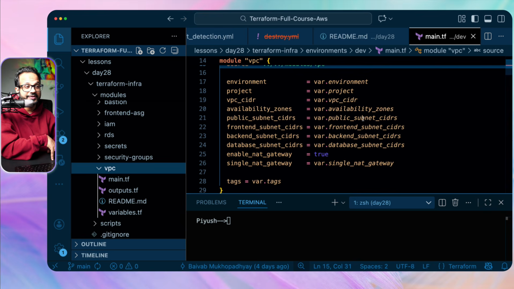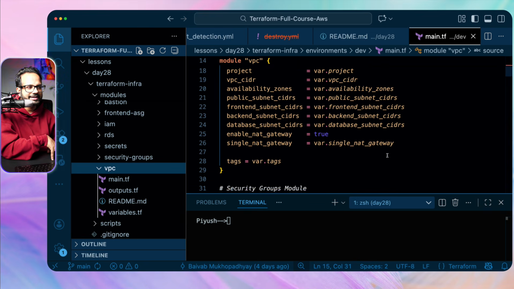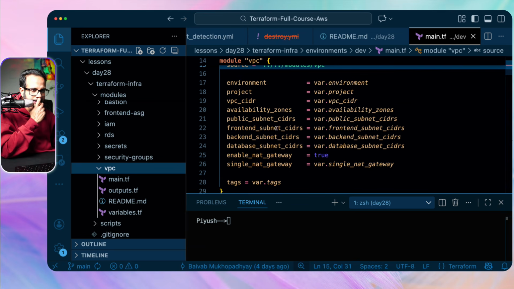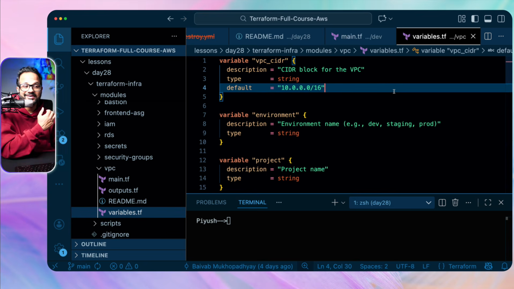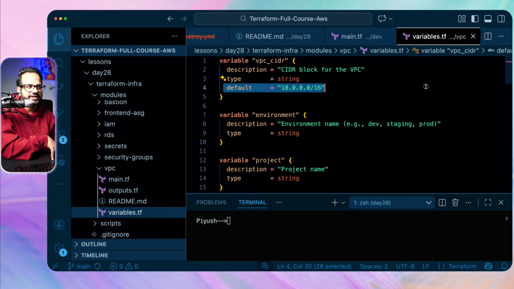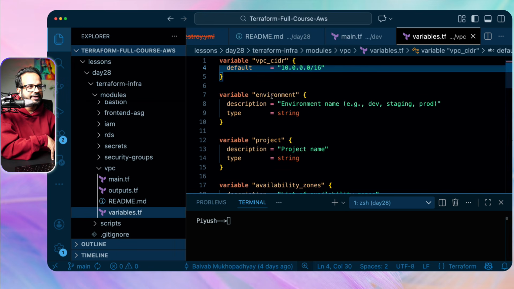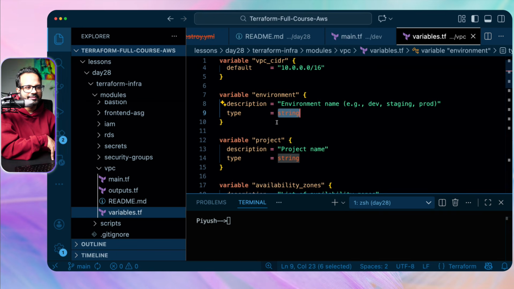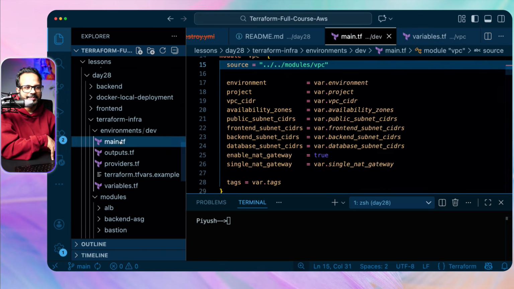What values, and from where we are getting these values? We are getting these values from the variable. So var.environment, var.project, VPC, front end, and enable NAT gateway is true, then single NAT gateway or not, whatever, right? So these values are stored over here in the variables.tf. Okay, and you can create a Terraform tfvars as well. I have just placed it over here in the default value. So here's the CIDR block. Environment is of type string, but I have not placed it because again it will be inside this folder, right? Main.tf